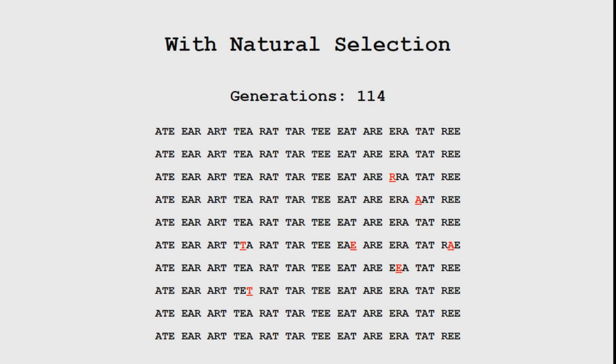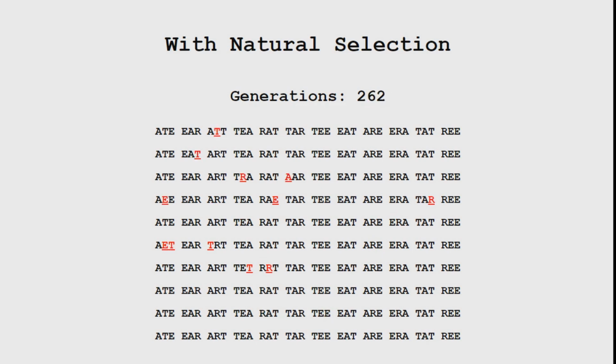Every generation behind the scenes, each of the 10 sentences will produce 6 offspring, which will be an exact copy of the parent sentence, but they will have exactly 1 letter change, simulating a mutation. Spaces are ignored for the purpose of this simulation, they're just there for readability. After the offspring are generated, a selection algorithm is applied to all of the 6 offspring, and the most fit child, or the one most like the original sequence, will be chosen to replace the parent. If a mutation exists in the child, it will appear as a red letter. If you're colorblind, then look for the underline.